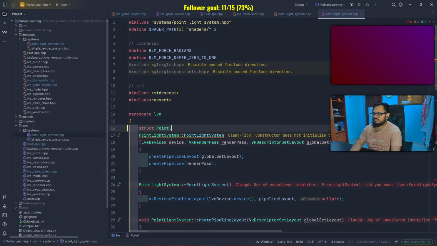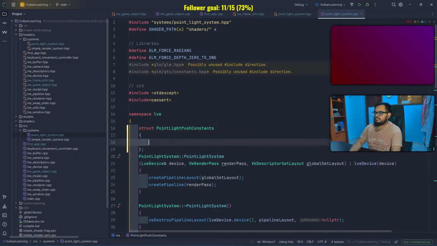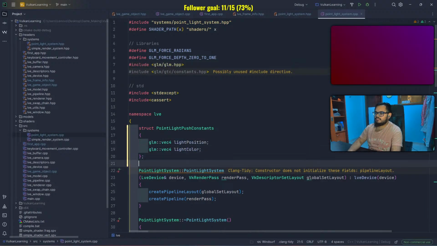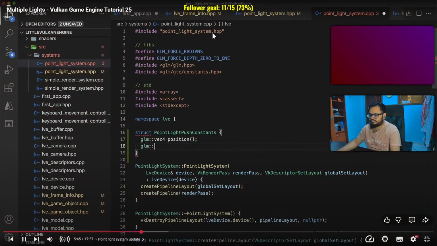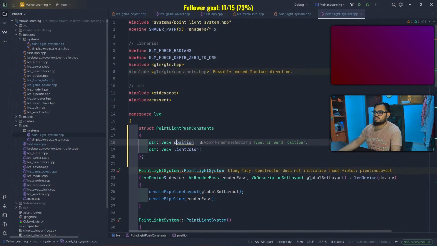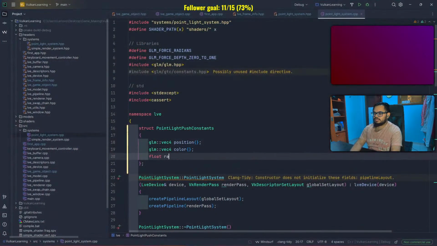Point light push constants: position, empty brackets, and color, empty brackets again, and float radius. I mentioned that there were a couple methods we could use to render point lights, each with